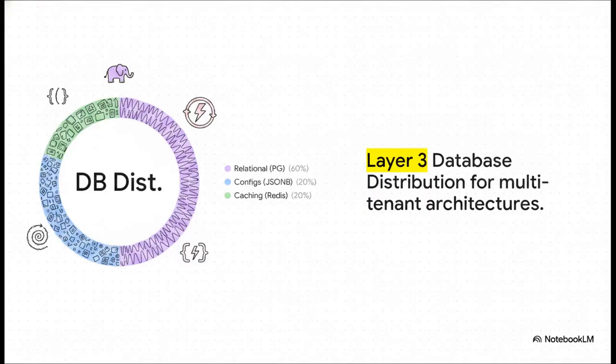All right, layer 3, the database itself. Here's how you want to distribute the workload. You use standard Postgres for your relational data, but for tenants that need unique, highly configurable fields, you use Postgres JSON-B for flexible configs. Then you pair that with Redis to rapidly cache those tenant-specific settings that get pinged on